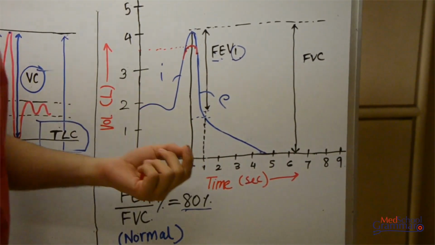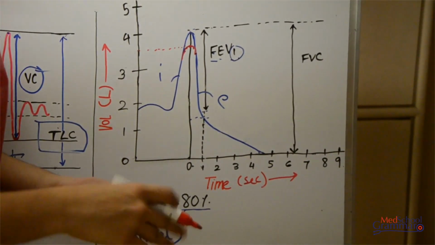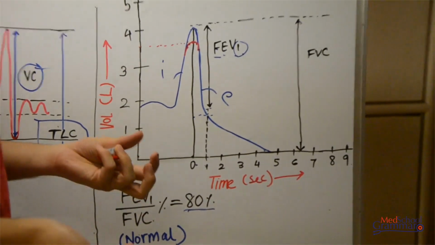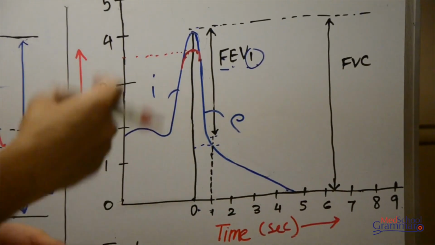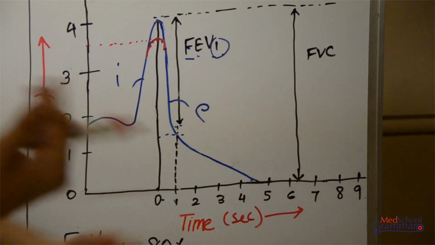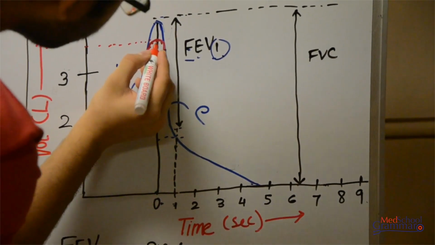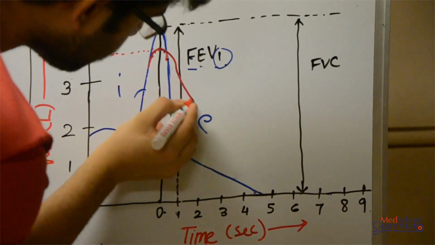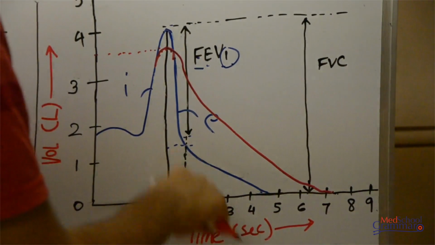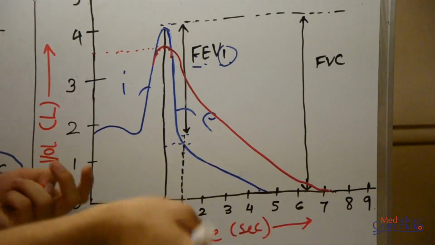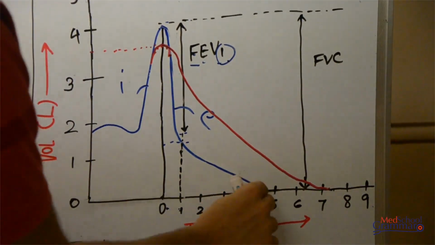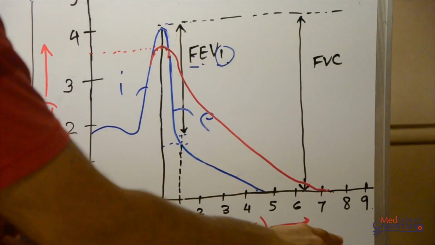Now during expiration, what happens? Again there is a hindrance, again there is an obstruction to the pathway. Obviously there will be obstruction during inspiration and expiration. During expiration, if there is an obstruction, the time taken for the air to move out would increase. So the graph would somewhat look like this. As you can see, the amount of time taken for the entire volume of air to go out has increased from approximately 4.7 seconds to just more than 7 seconds.